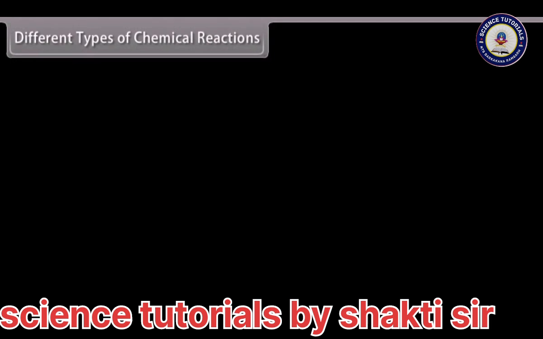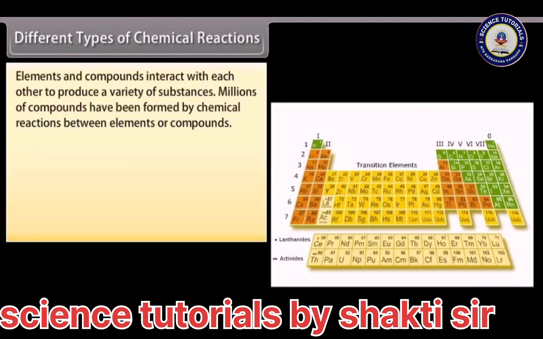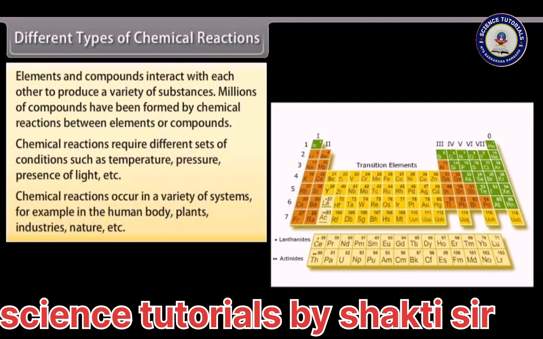Different types of chemical reactions. Elements and compounds interact with each other to produce a variety of substances. Millions of compounds have been formed by chemical reactions between elements or compounds. Chemical reactions require different sets of conditions such as temperature, pressure, presence of light, etc. Chemical reactions occur in a variety of systems. For example,